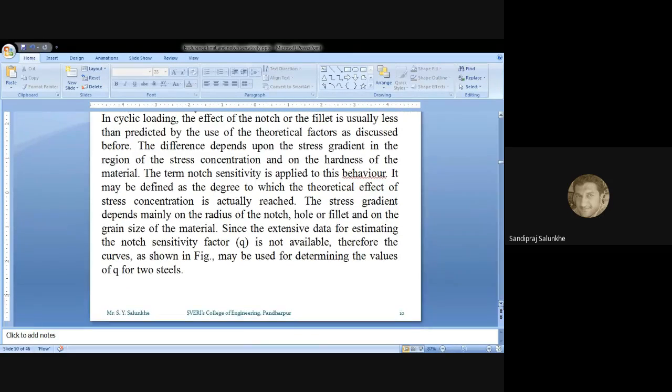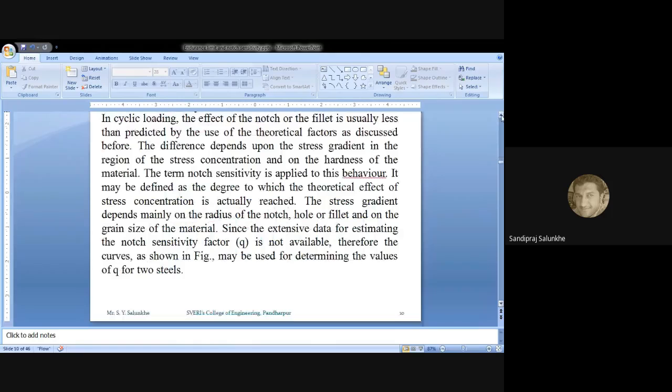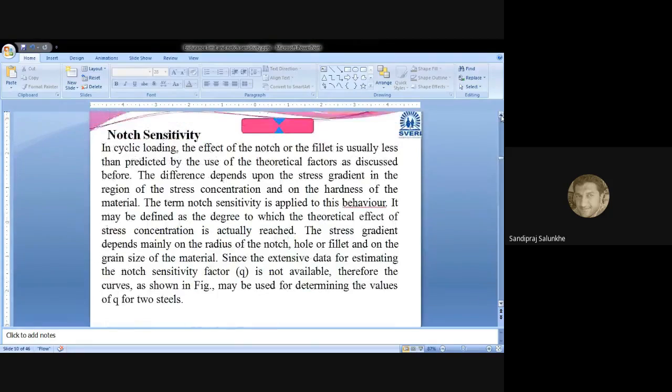Now why? Because when we are going to calculate the stress concentration factor, at that time we know that when the geometrical changes are there, at that place the stress will get concentrated. We have studied all the things in detail, what the stress concentration is and how that stress concentration factor is calculated, what the remedies of the stress concentration are, and what actual stress concentration means. So just we'll read it.